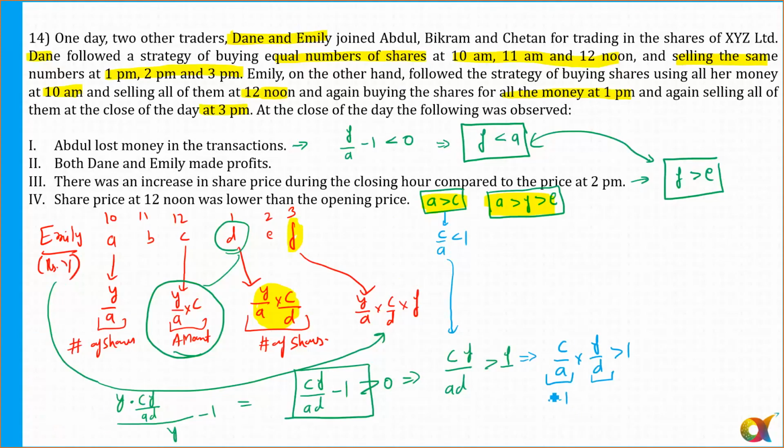If both the values are less than 1, don't you think the product will also be less than 1, Tanya? If C by A is less than 1 and F by D is also less than 1, the product will also be less than 1. So by combining these two facts, we can definitely say that F by D must be greater than 1. So this implies that F is greater than D. So this is another piece of information you have got, that F is greater than D. I'm highlighting this. Any doubts to anyone now?